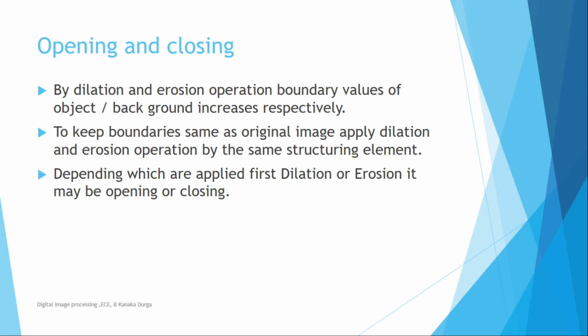If I apply the dilation, it increases the size of an object, but it is going to remove the noise present in the object. When it comes to erosion, it removes the noise present in the background and decreases the size of the object. So if I apply them combined on an image, the effects are neutralized. For that purpose, we can apply dilation and erosion operations on an image in order to remove the noise present in the object and background, so that the boundaries can be kept neutral with respect to the original image.